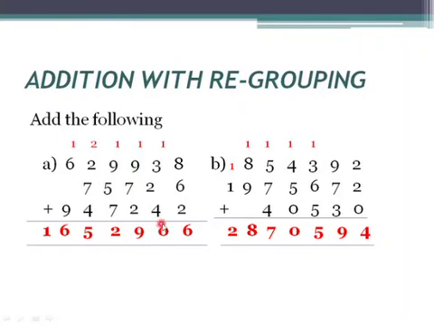Next, what do you have here? 4 plus 2. So how much is 4 plus 2? 4 plus 2 gives us 6. 6 plus 3? 9. Again here 1 is carried. We carried, so this one also you have to add. So 9 plus 1 gives us 10.